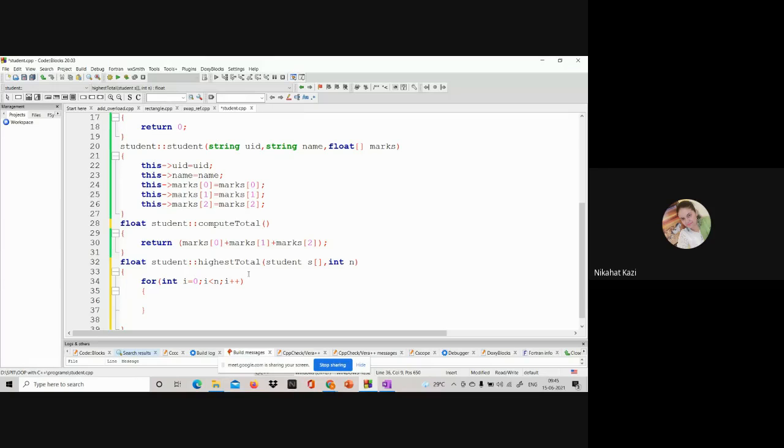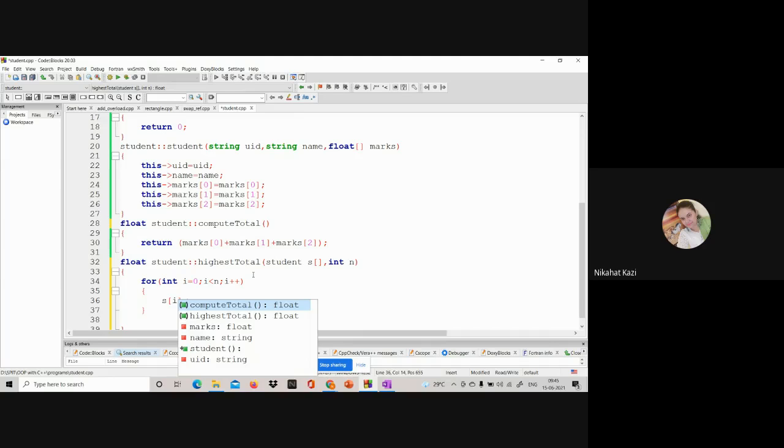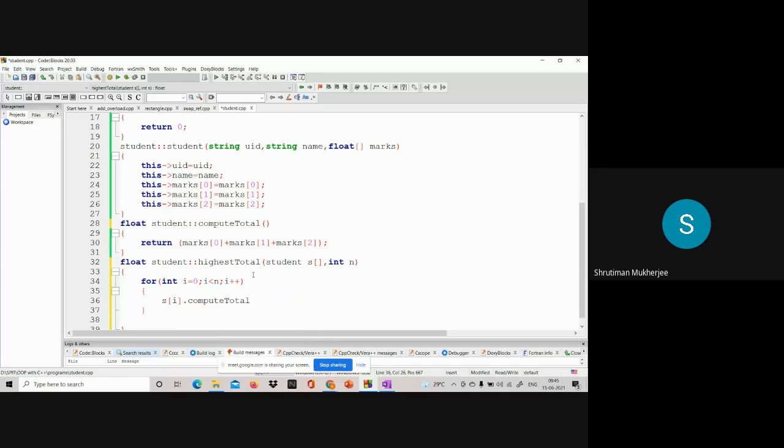This particular method highest total has to call the method compute total, yes or no? Yes. So how will you call it? Using the object name and the dot operator.